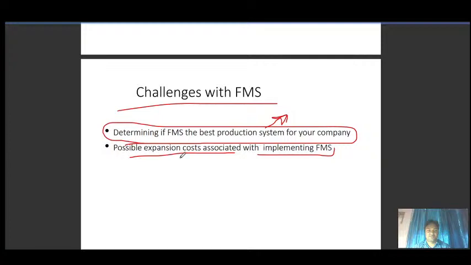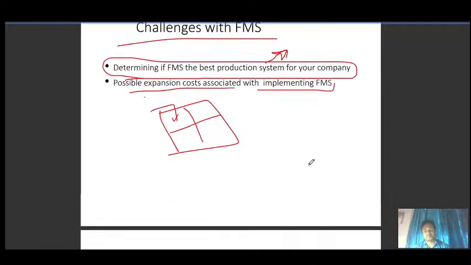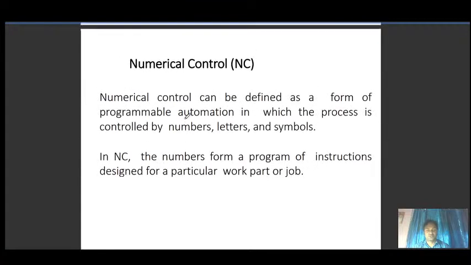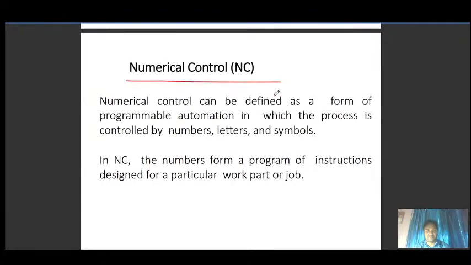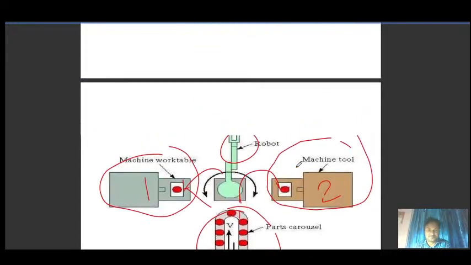Obviously, when you expand your business, you have to implement FMS, and in implementing FMS, as you have seen, there will be some expense. So next lecture we will discuss numerical control, but let's come to today's question.